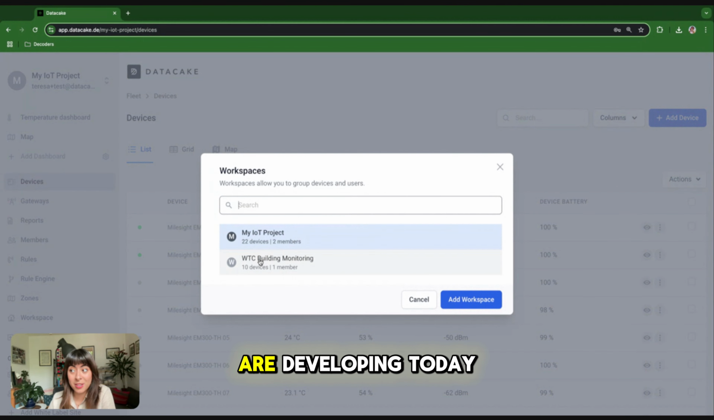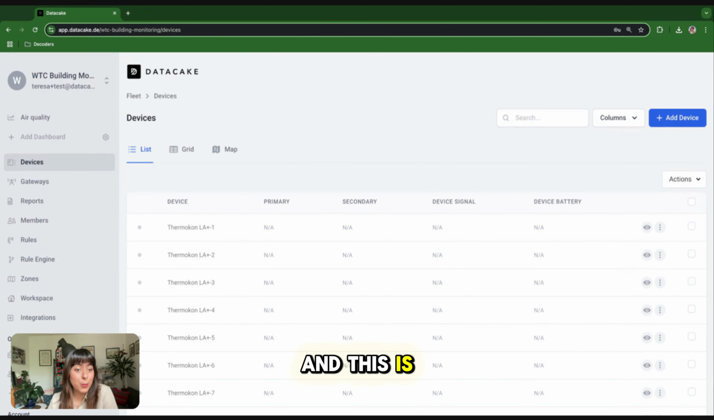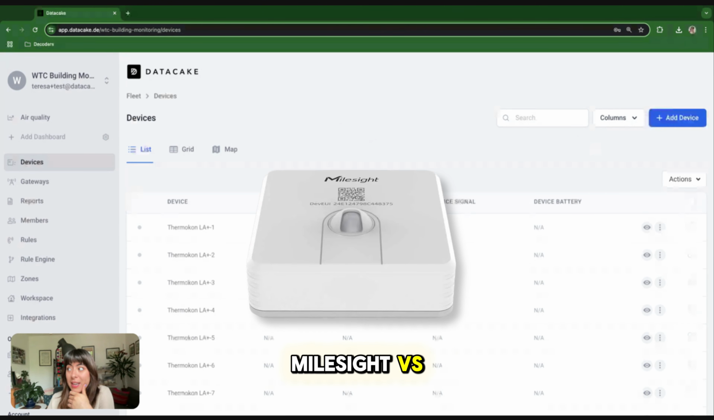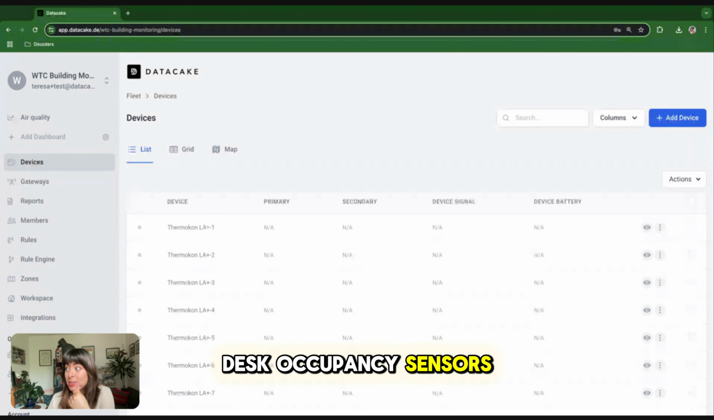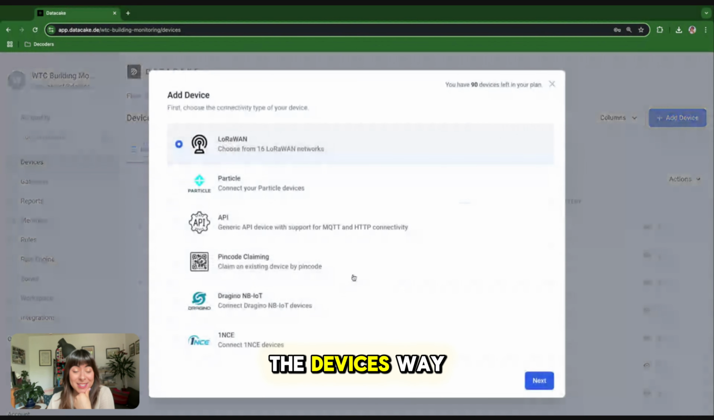And because we are developing today an occupancy application, I'm going to go to my building monitoring workspace. And this is a workspace where I'm going to be adding all of my building monitoring devices, of course. And we are going to use some super cool MileSIGHT VS340, which are desk occupancy sensors. And I prepared a CSV file, as I showed last time, to make the process of adding the devices way